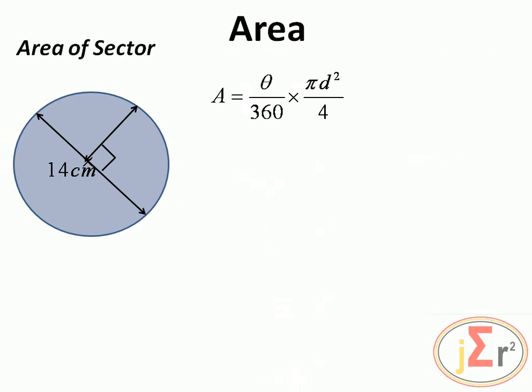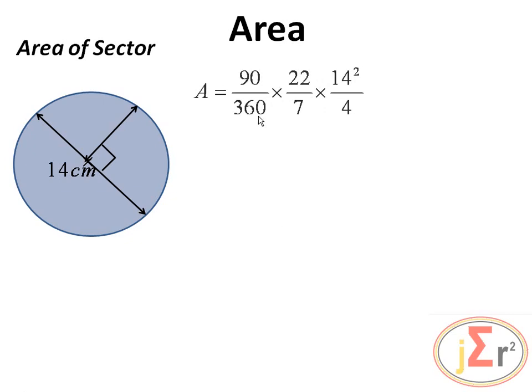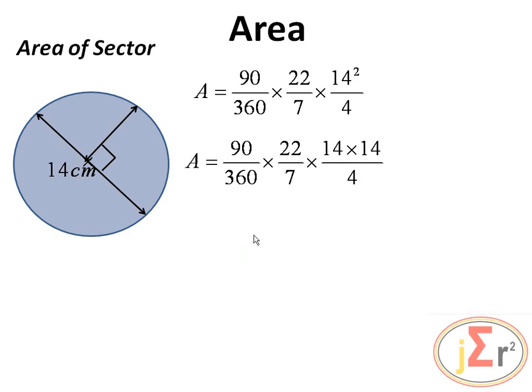So here we have another one, but this time the diameter of the circle is given, and the angle, there's no figure, no number representing the angle, but we know that any angle that is marked with right angles like this has to be a 90 degrees angle or a right angle. So no problem seeing that 90 over 360 times 22 over 7, that is pi, and d squared over 4. 14 squared, the diameter is 14, diameter squared over 4. So